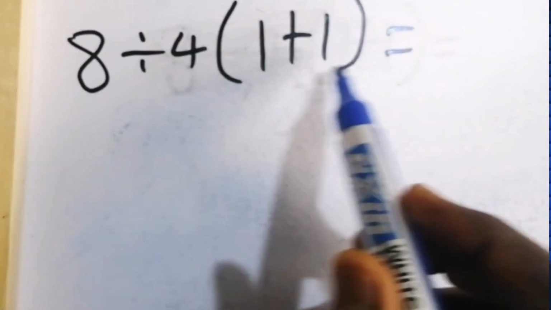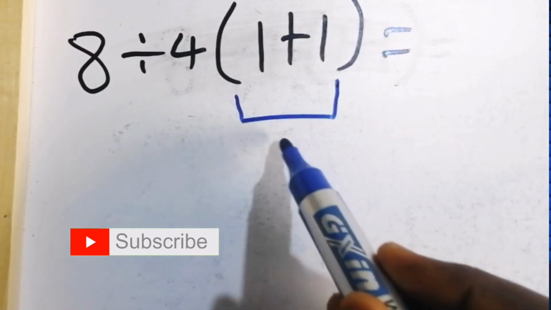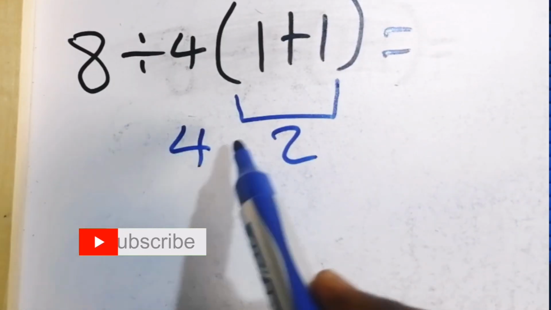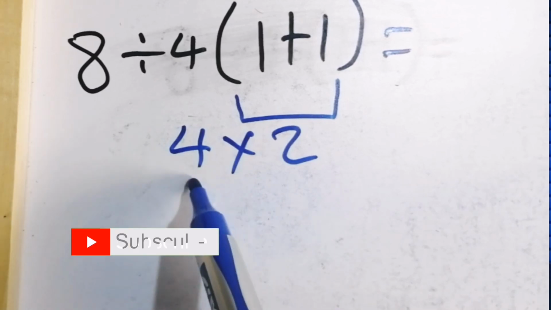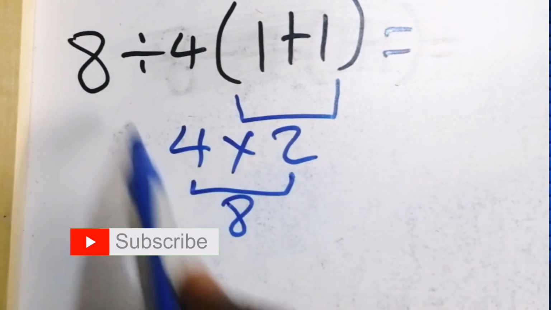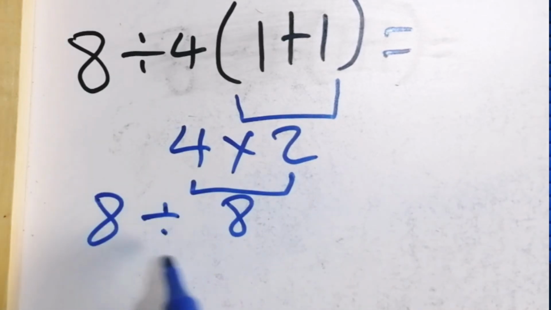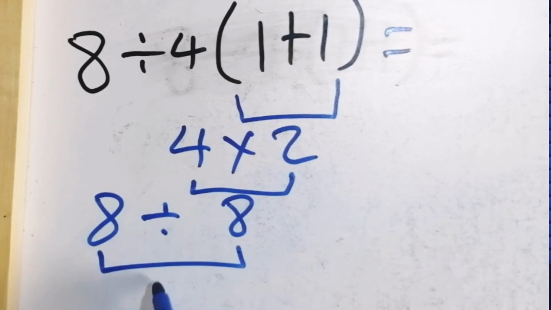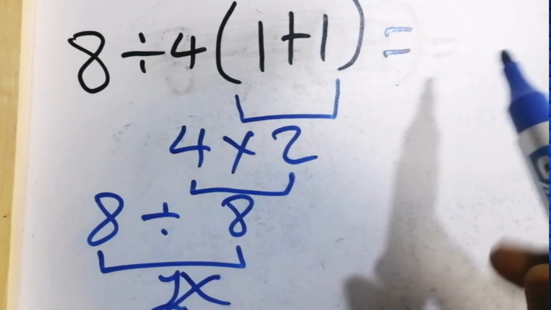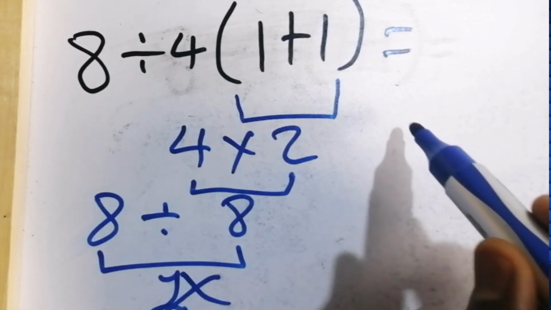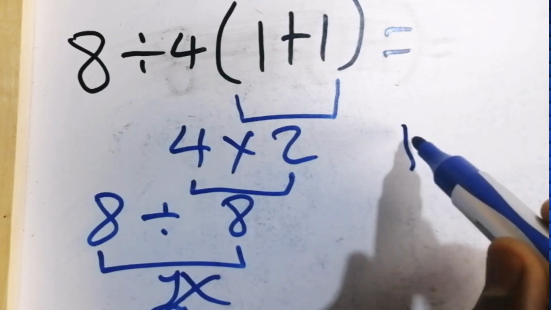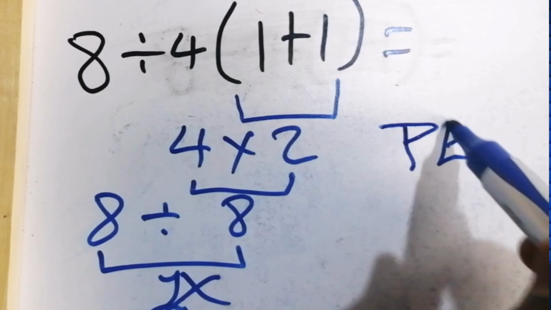Okay, 1 plus 1 which equals 2. Then 4 times 2 which equals 8. Okay, here 8 divided by 8 which gives us 1. But this is not the correct answer, because according to PEMDAS, first we have to do parentheses, then exponent